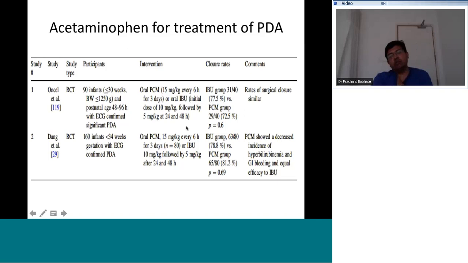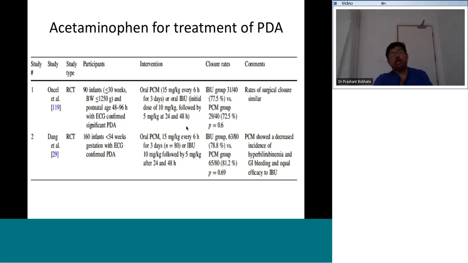So, which drug to use again depends upon unit to unit. Acetaminophen or ibuprofen clearly seem to be better drugs with similar effects as compared to indomethacin, with lesser side effects as compared to indomethacin. However, we can use the medicines once or maybe twice, and even after 2 doses,